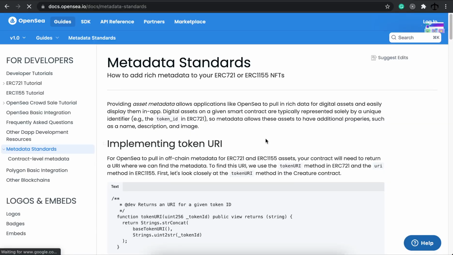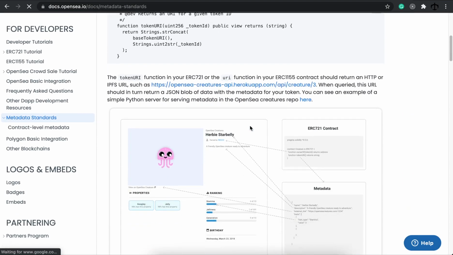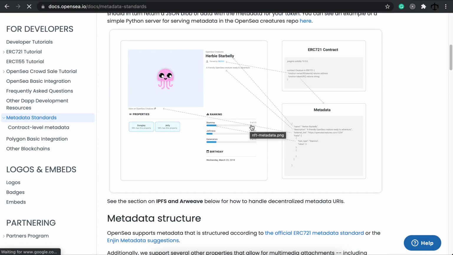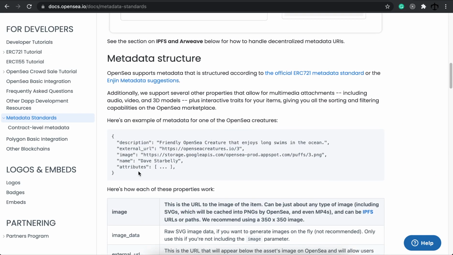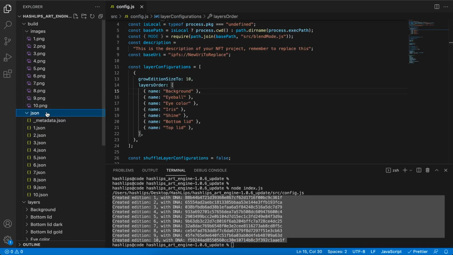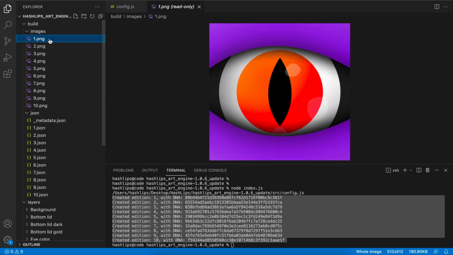I just briefly want to show you what the metadata standards are for creating NFTs and why it is necessary. You can see that on marketplaces such as OpenSea, metadata is the information about a particular image, and this metadata can tell us things like the name, the rarity, the properties, and so forth. It looks something like this, and it's in the format of a JSON object. That's why when I say that it creates a JSON folder, each one of these images, for instance image 1, which looks pretty cool by the way, has a